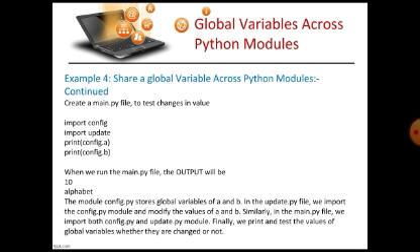So the third step is creating a main.py file. This main.py file is the main file in which we are going to use these global variables. In one config.py file we created the variables. In another file, update.py, another module, we updated the values. And now we are going to include these two files by using the import statement. These are modules. We are going to import these two modules into a program, and then we are going to access them and print the values.